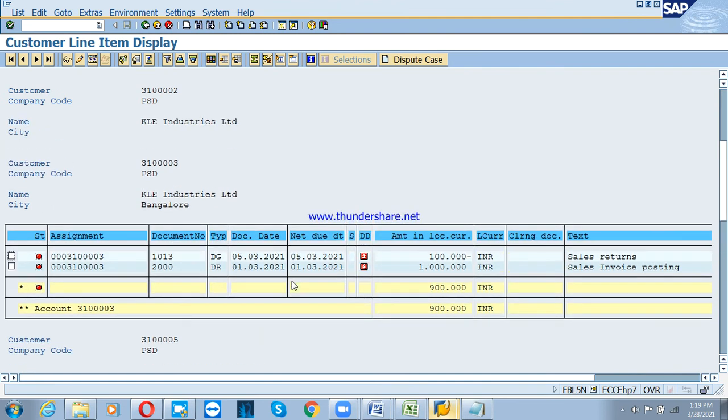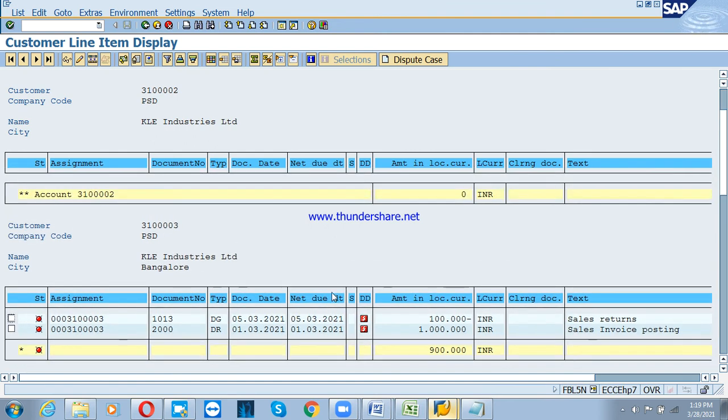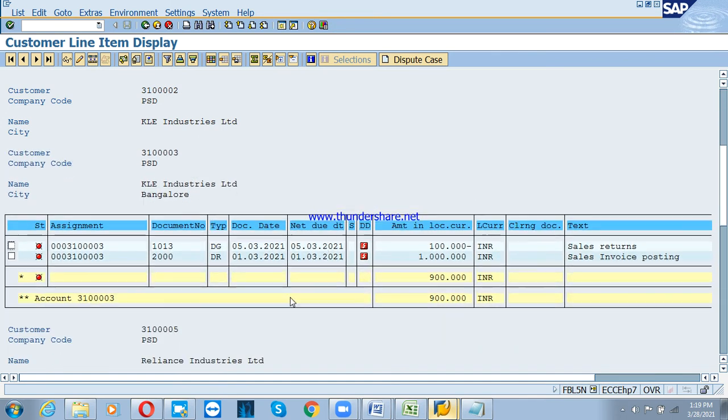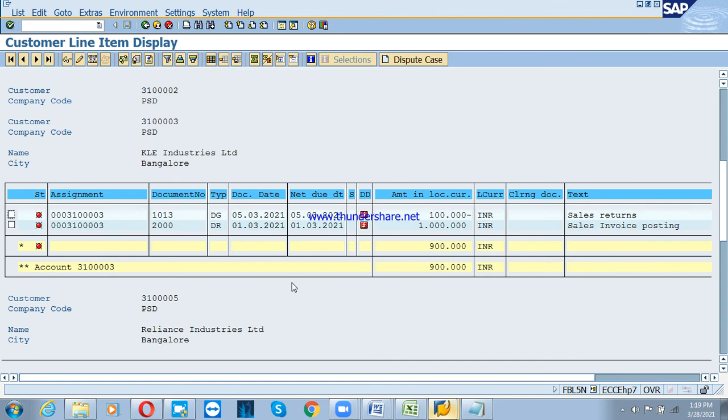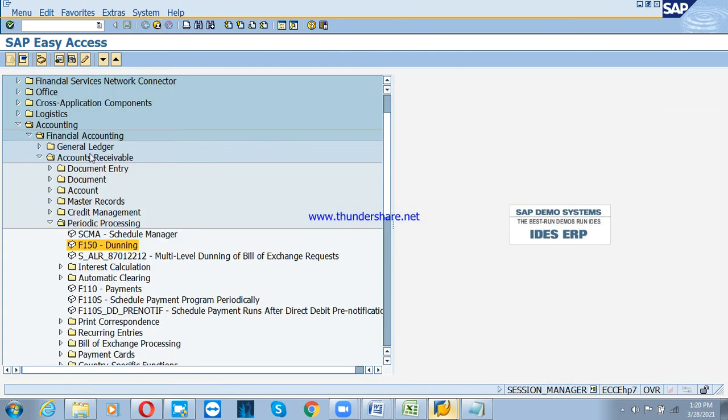Okay, so why are we not getting the report? Any idea? Because this customer is having a balance of only 900 rupees. In our dunning configuration we mentioned 2000, only then should dunning be applicable. That's the reason we are not getting the dunning report. So first I'll post the entry, and above 5000 or 10,000, then we'll try to run that particular dunning procedure. Okay, first I'll go to FB70